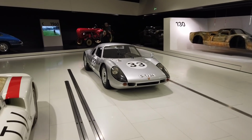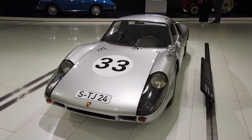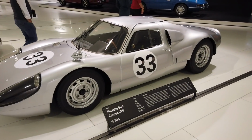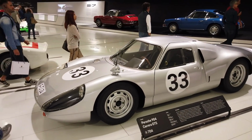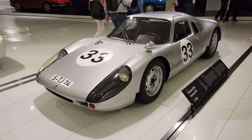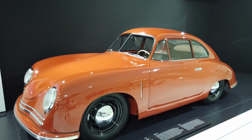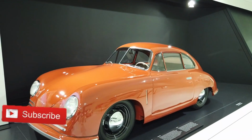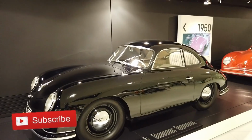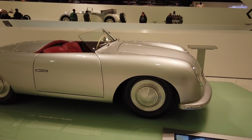This car is the 904. This is a car I absolutely love. We made about 120 of these. Made a 6-cylinder, 4-cylinder and an 8-cylinder. Beautiful, beautiful car. Porsche 356 Gmünd Coupe, 356 Ferdinand Coupe. This is the 356 Roadster,